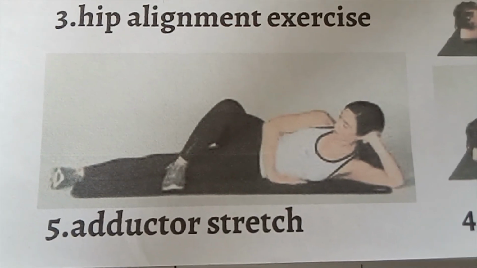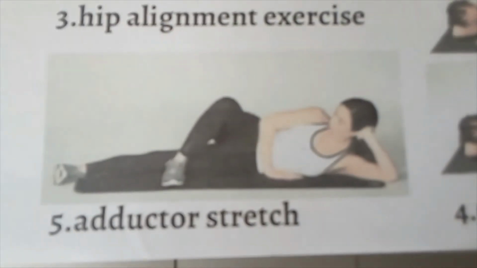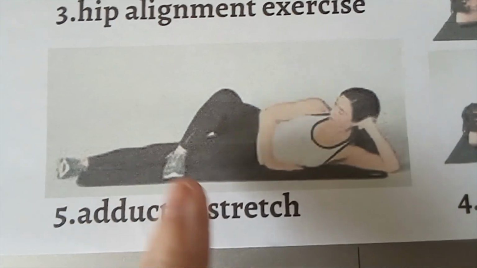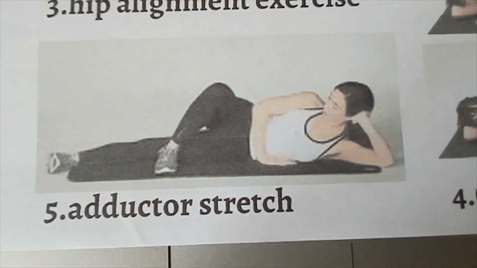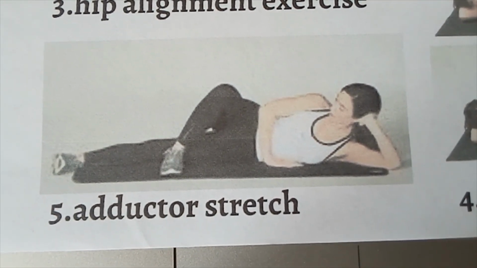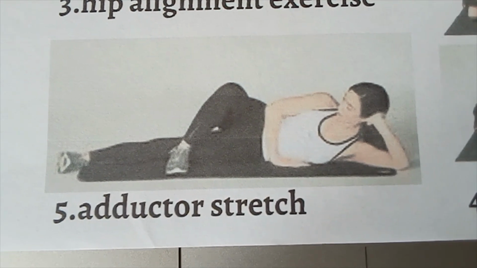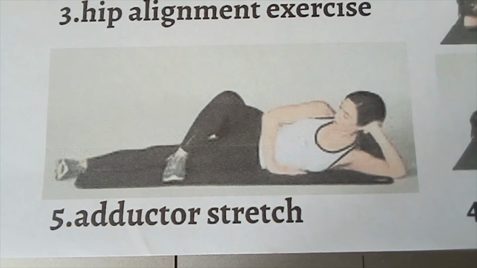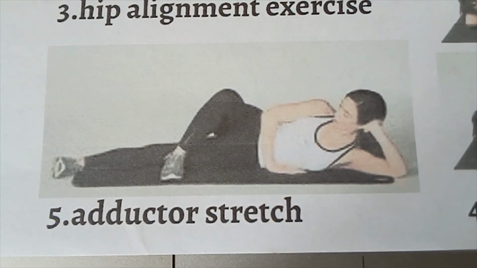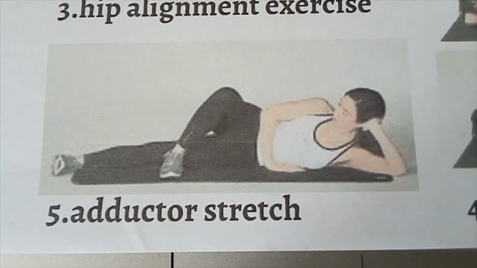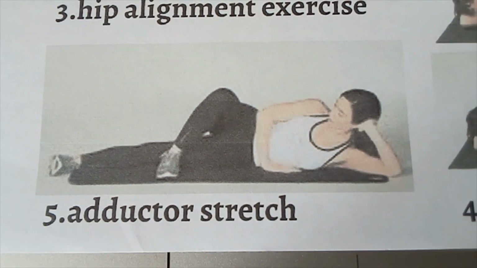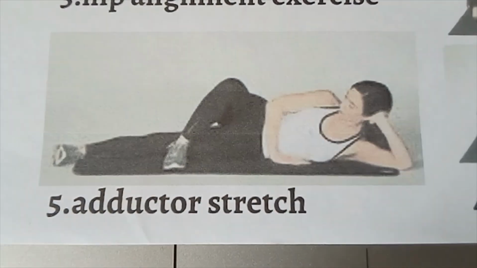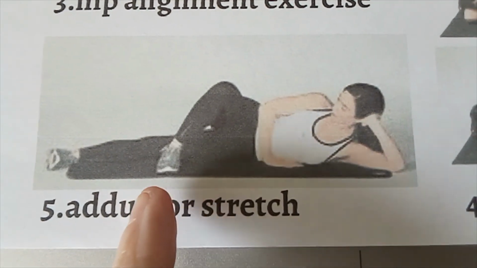Okay, and then the last one is the adductor stretch, which helps you strengthen those adductor muscles on the inner thigh. And you're going to lie on one side with both legs stretched out, using your bottom arm to support your head. Cross the top leg over the bottom leg, placing the foot of the top leg on the floor. And it'll be probably just in front of your knee